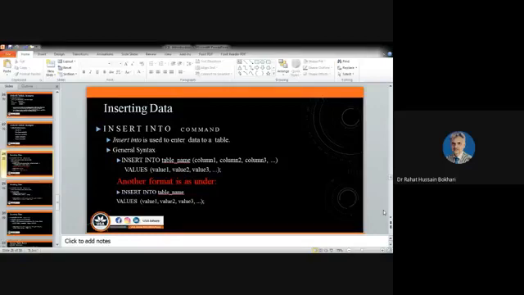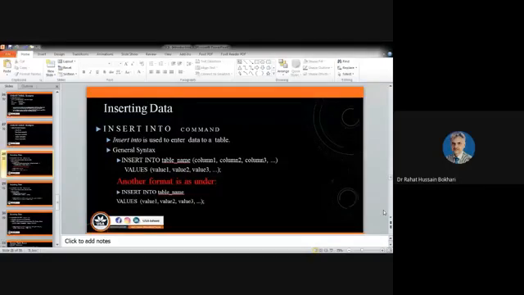The more important thing that you have to keep in mind is that the values, those given after the word values, should correspond to the columns that you have defined and their data types.